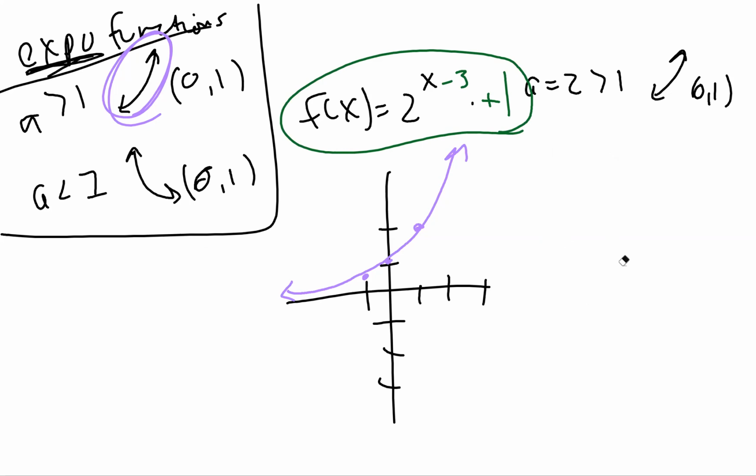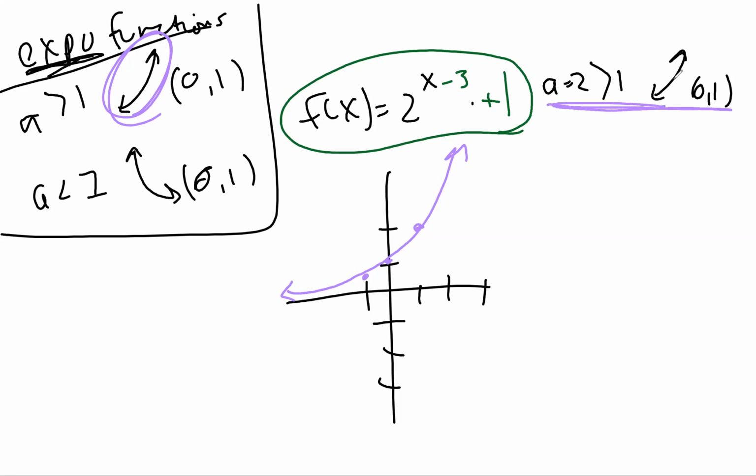And the purple function that I've already drawn, I'm going to leave it there because that's our base parent function. We know that's what it looks like before any transformations happen. Okay, so my a was a 2. So we still know that in this case, a is 2, which was still greater than 1. And so we know that it's still going to be an increasing function. 2 is greater than 1. And the parent function is still going through 0, 1. That's this purple function.